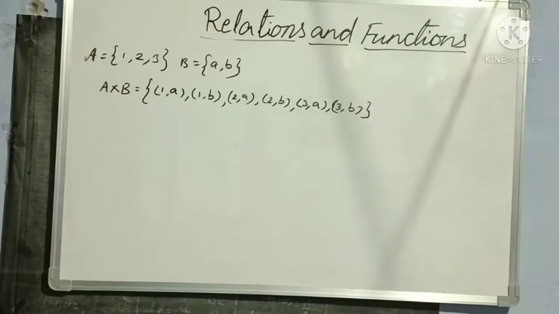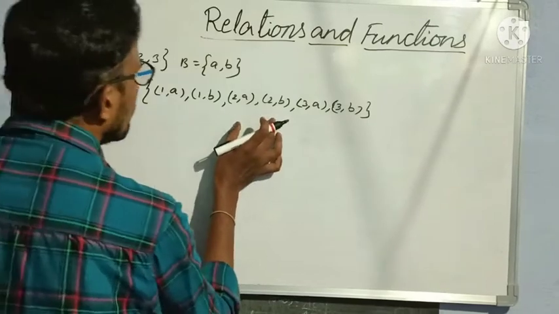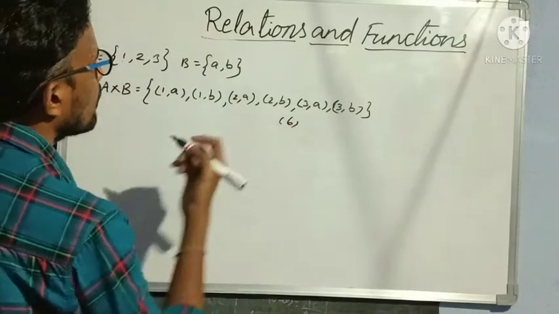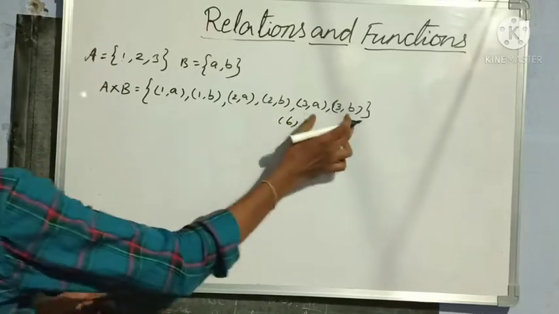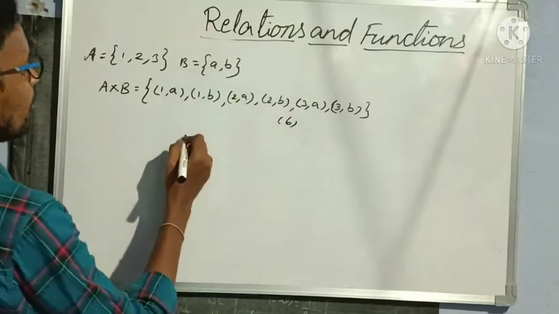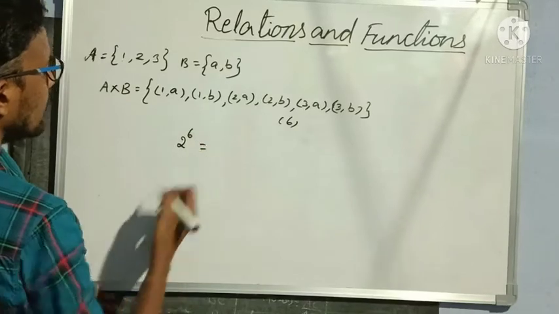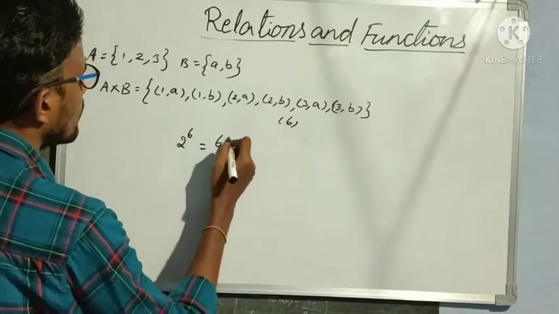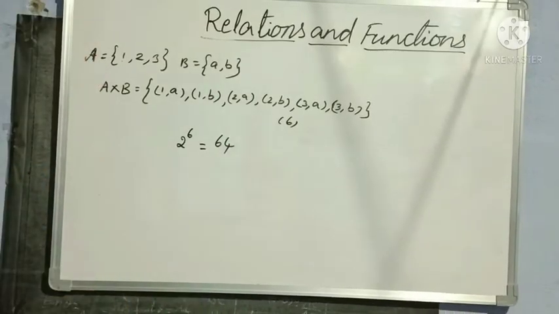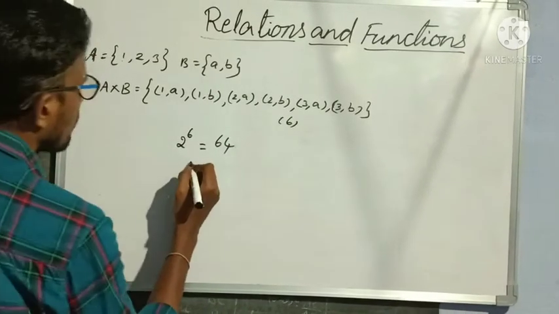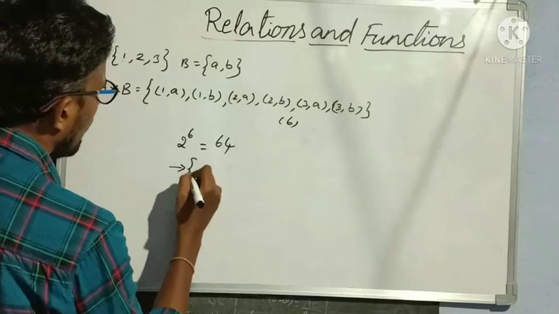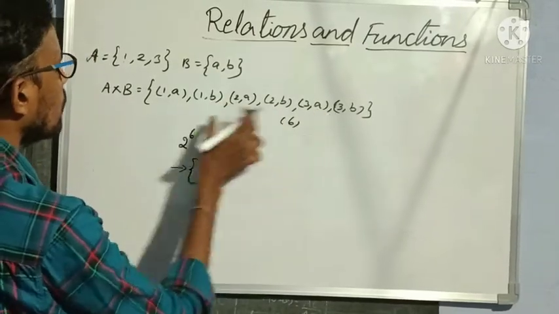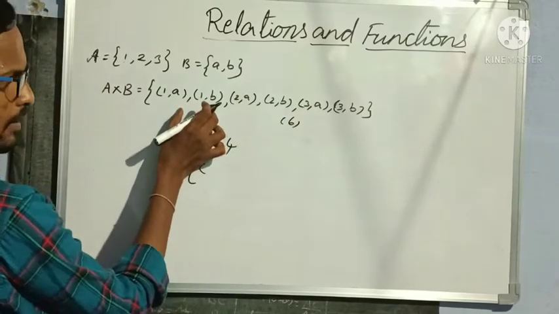Okay. Now if I start writing subsets for this set, how many subsets are possible? So how many elements here? 6 elements. Already I have said one formula, no? That is, the number of subsets of a set is 2 power n. So here our n is 6. So 2 power 6 is nothing but 64 subsets we are getting here. For suppose I am taking one subset like this. Here subset means every set should contain only ordered pairs of elements. Understood?